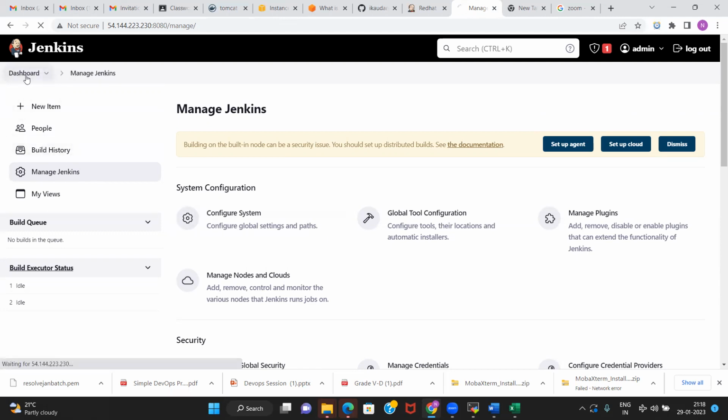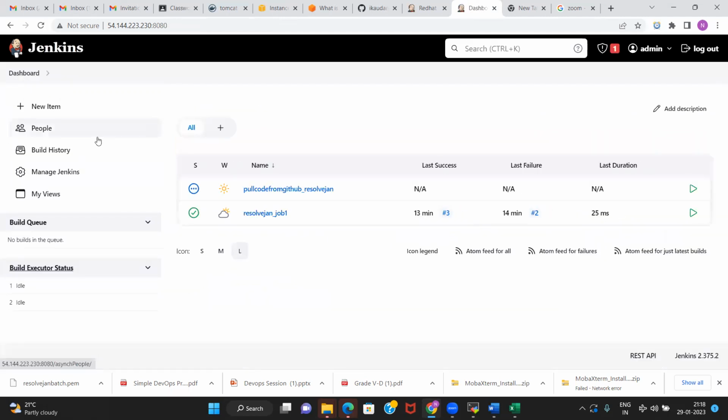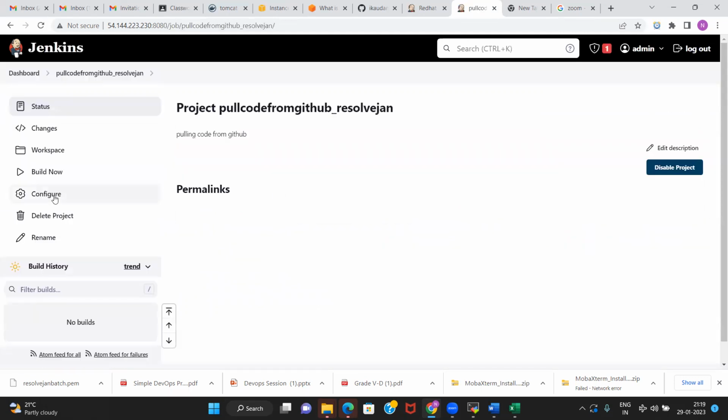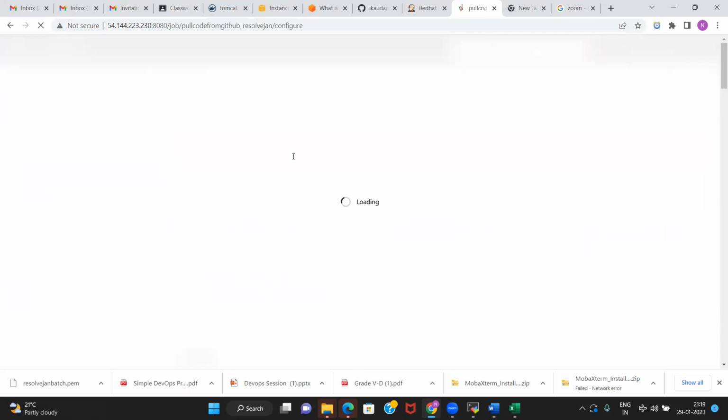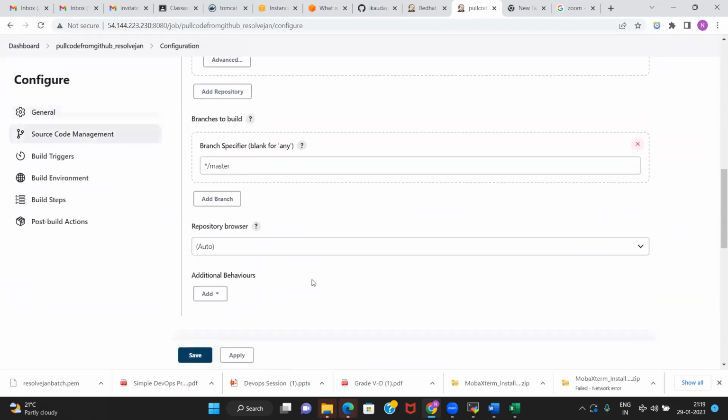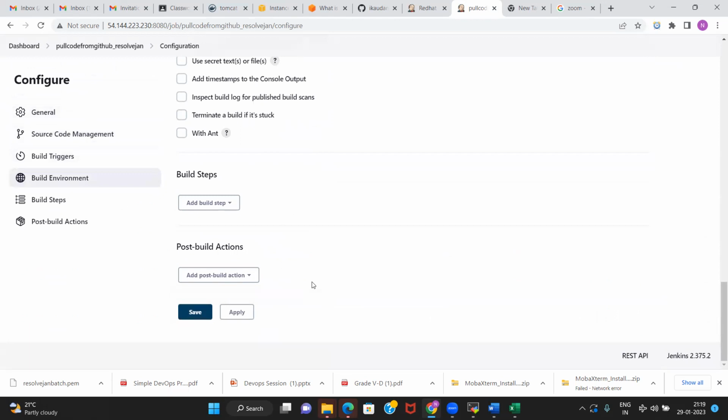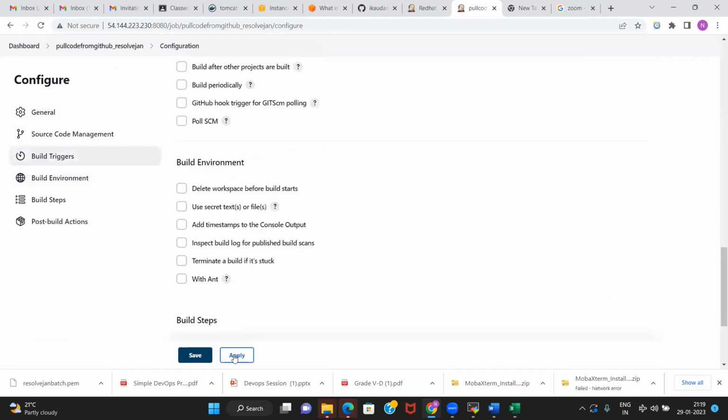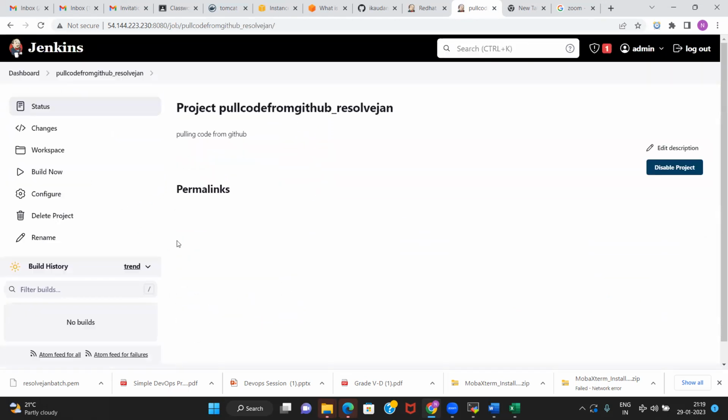Okay, now this is plugins. We will talk about plugins again in detail. Let us go to this project. Let us do configure. And here, just apply and save. And I will do build now.